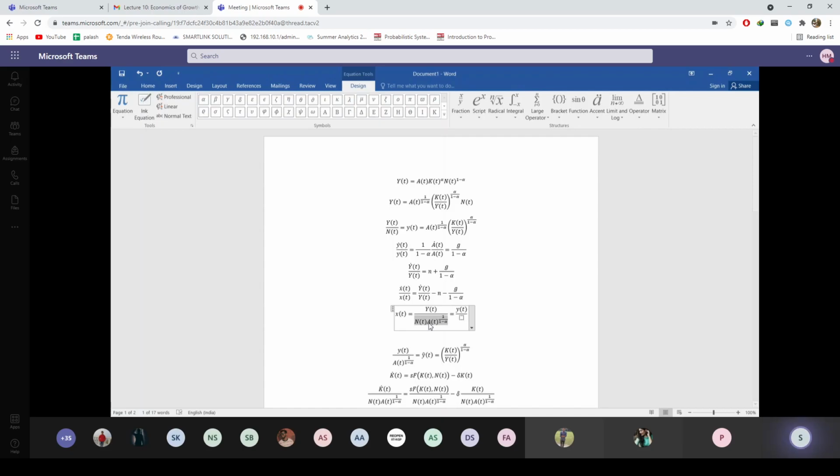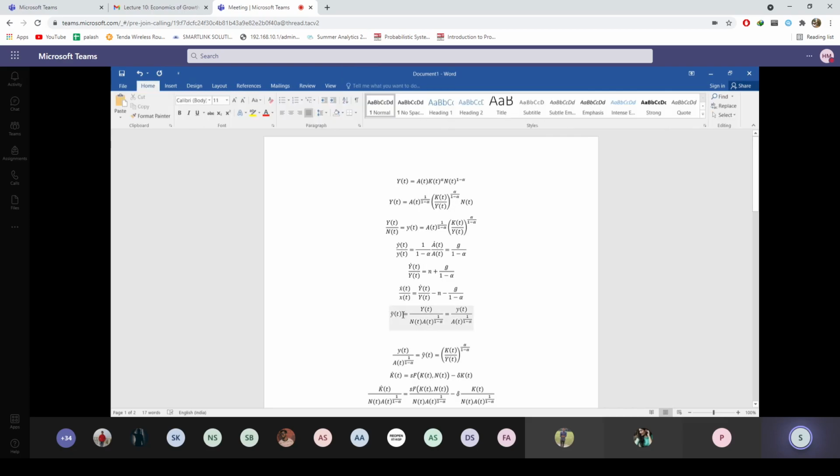So if I define any variable, this is exactly how I define my y hat. That's my y hat. You can call it y tilde, it does not matter. If you guys are getting confused, call it y tilde. Then instead of defining k hat, call it k tilde. Now you see at the steady state, the rate of growth of this variable y tilde is 0. I can set it to 0. Then I have to manipulate everything in that fashion.